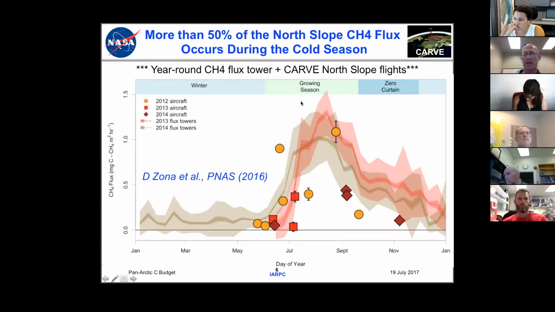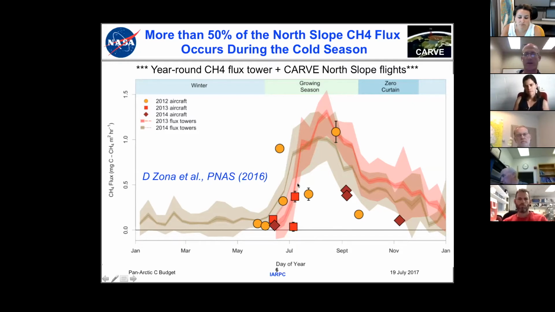You can see that at the tail end of the growing season, beginning around the 1st of September, the fluxes do not go down to 0, but in fact tail off much more slowly. And this is following the zero curtain period. And even though the flux towers themselves have fetches or representativeness of a few hundred meters around the tower, and the aircraft measurements have representation scales of order hundreds of kilometers, they actually are very consistent. And so we are getting a reasonably good representation of the North Slope from the few flux towers that are